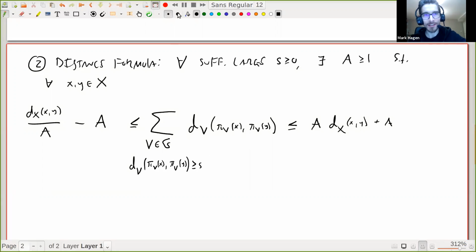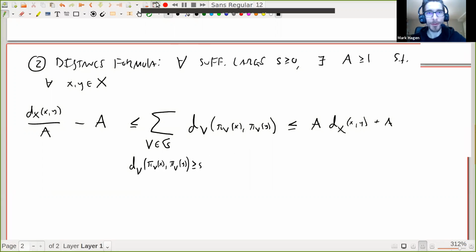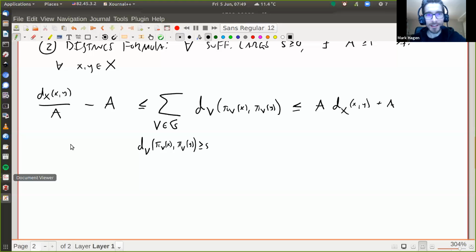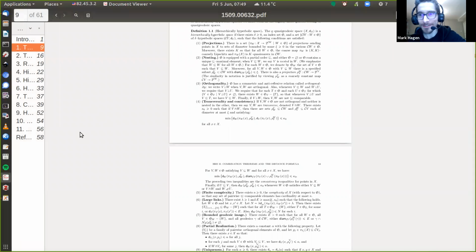I will. Let's see if the following thing works. So do I have it? Yeah. So here is the definition. I don't know if you can see that. It's very small, but here is the definition, and there's 9 axioms, and